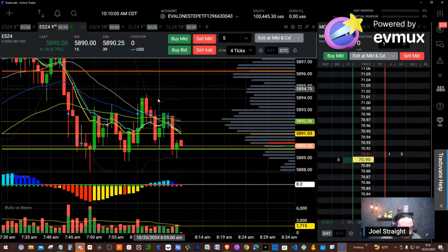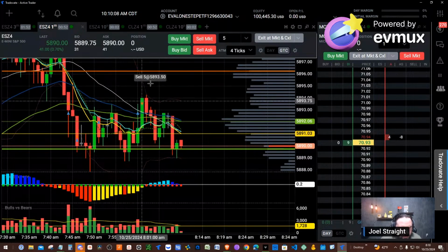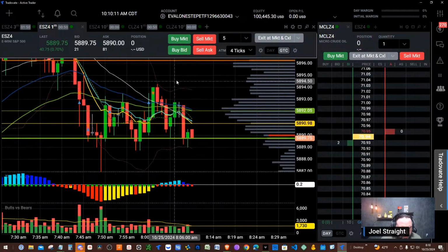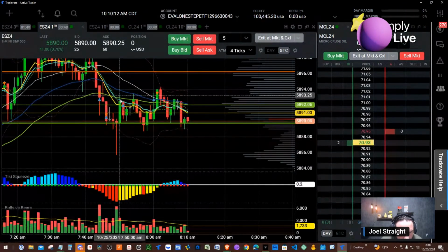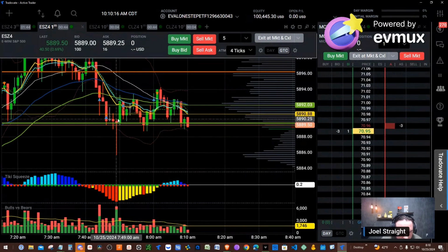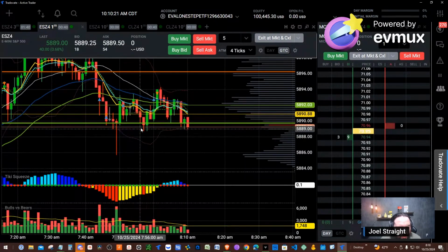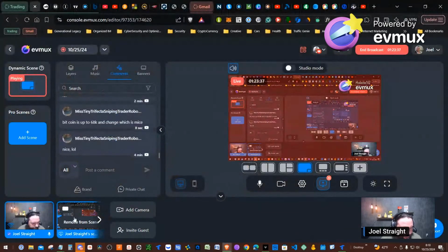Okay. And then we've got resistance right here at 92.50. Breaking below that support level. So essentially back at break even on the day due to fees. So